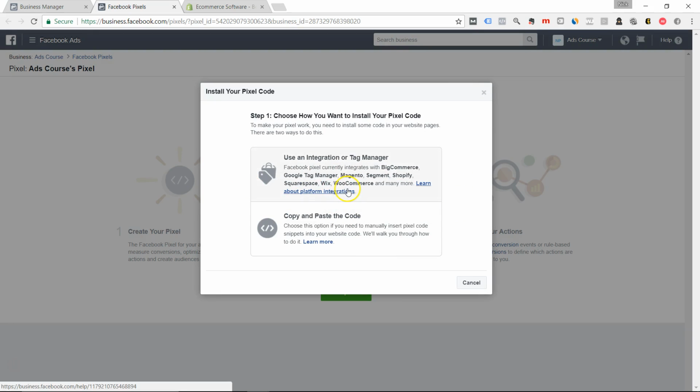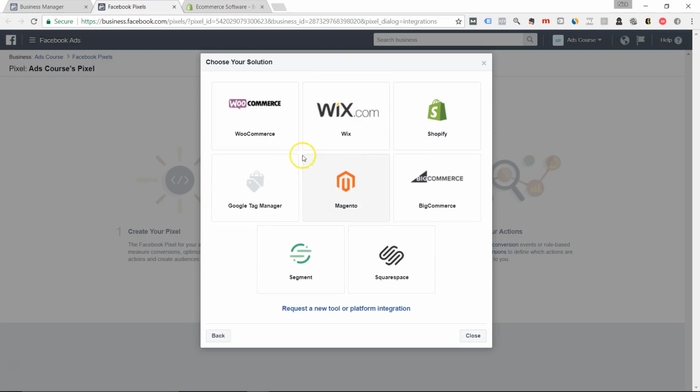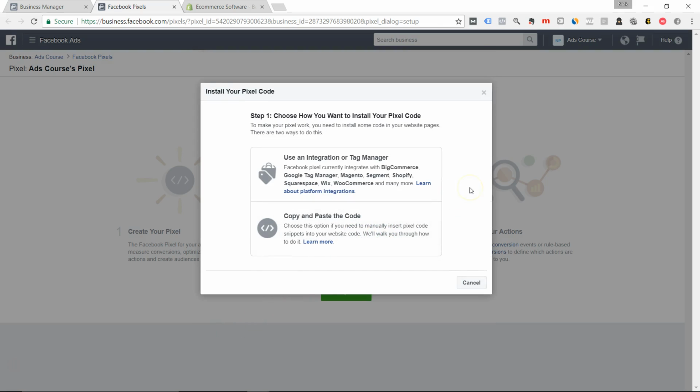Now, if you're using Shopify, BigCommerce, Squarespace, Wix, WooCommerce, Magento, or Google Tag Manager, you can see that these are ways that you can simply integrate. It'll show you how to integrate very directly with these platforms. Okay, so I'm going to cover these each in a separate video, not all of these platforms, but just the main ones. I'm going to talk about Shopify, WordPress, and ClickFunnels,